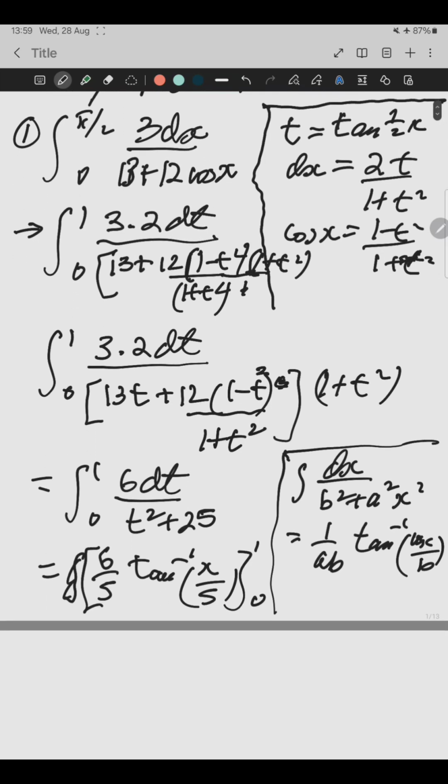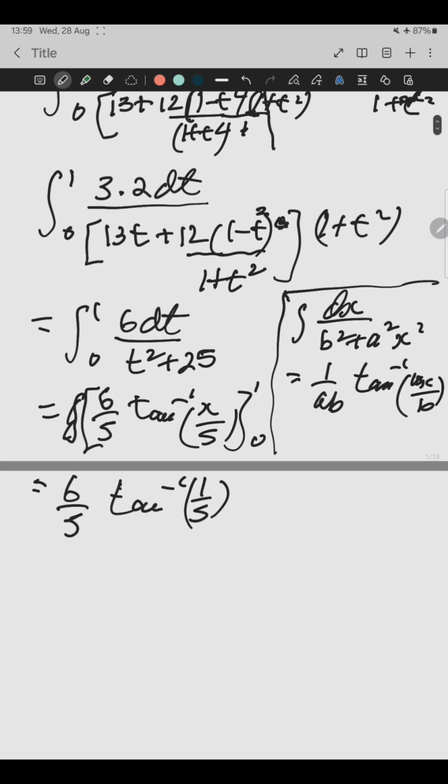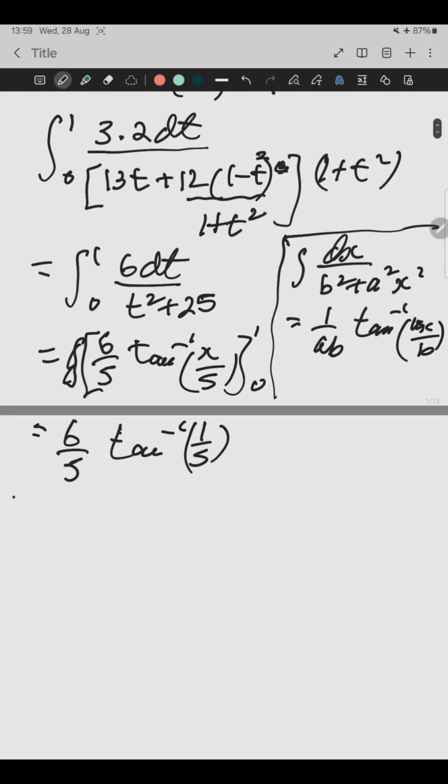and that finally comes down to 6 over 5 tan inverse 1/5. That disposes of the first question there. Second one